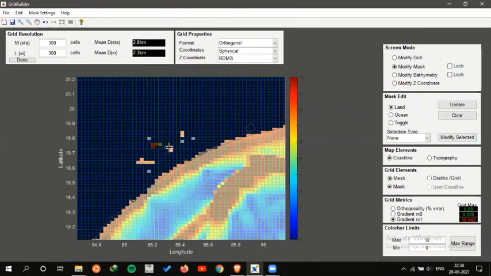in these regions. They might have shallower depth compared to the other land regions. Now, this is a technique known as manual masking. This can be done pretty easily in the Grid Builder tool. You have to do it multiple times in order to get a better resolution.